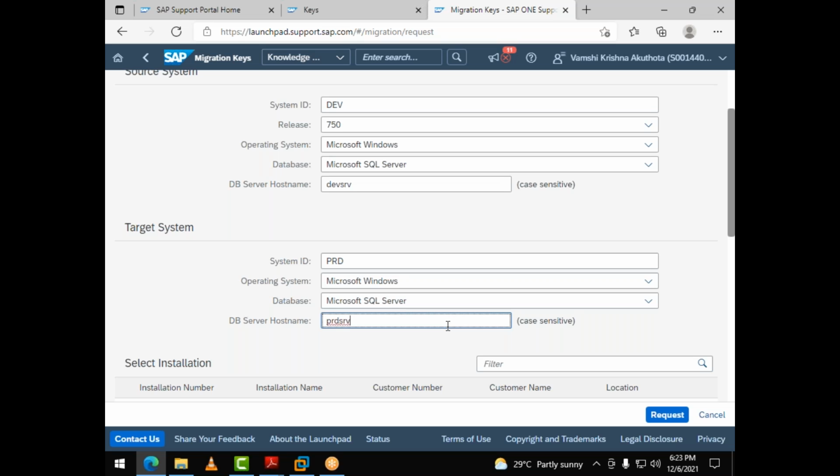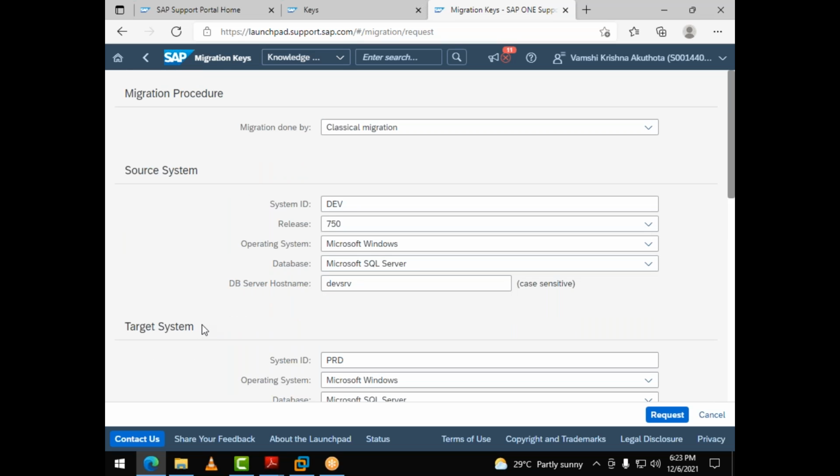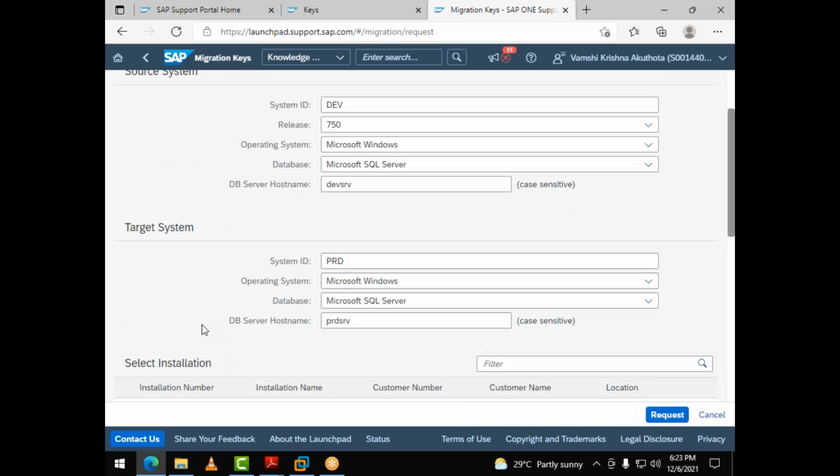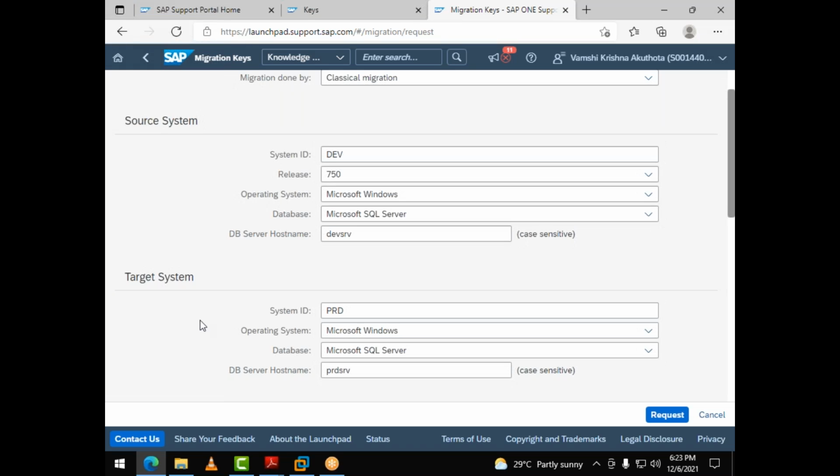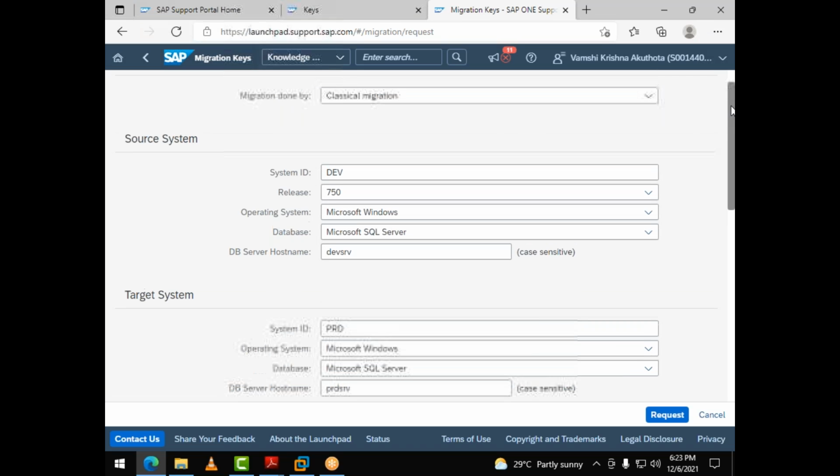Now which migration is this called? In classical migration, I am asking you, not DMO migration. In classical migration, this migration is called as, do you have any idea? In classical migration, what am I doing now? This is called homogeneous system copy.